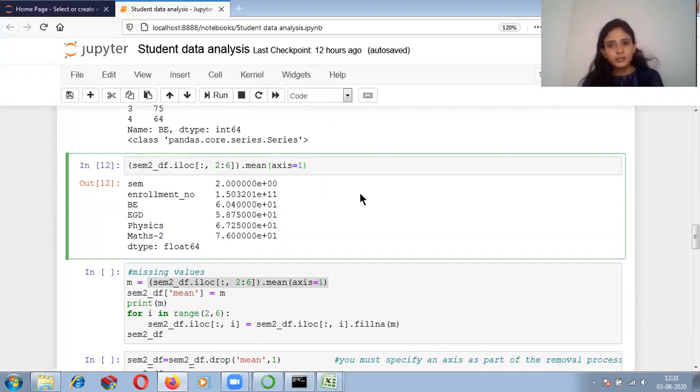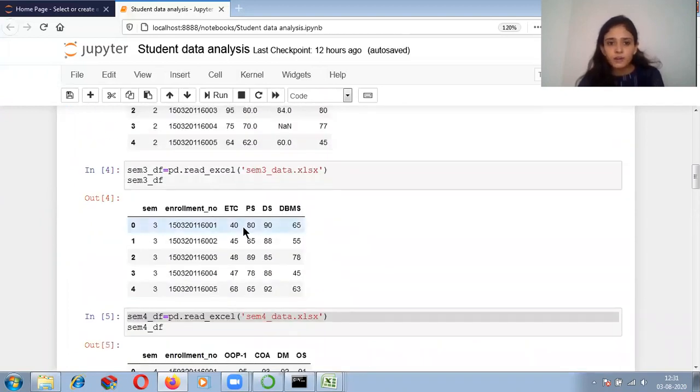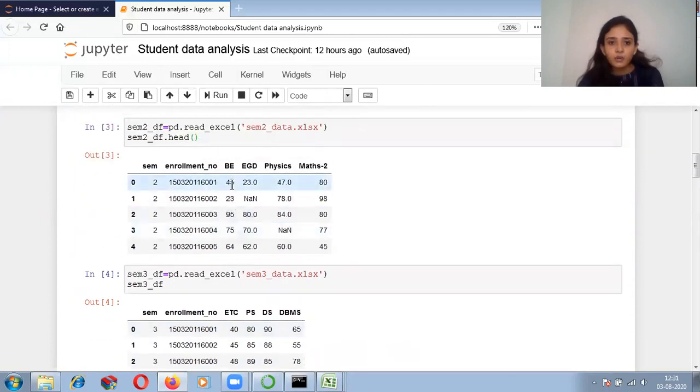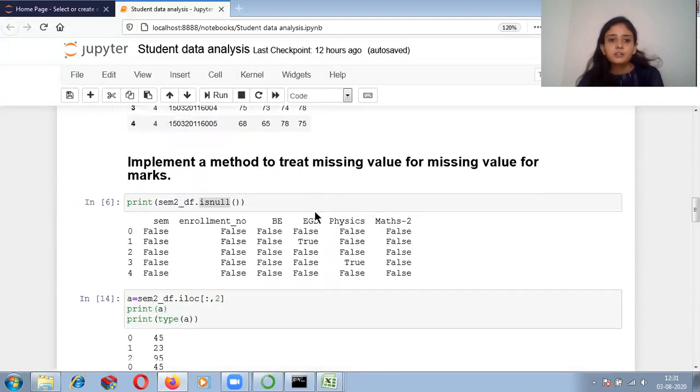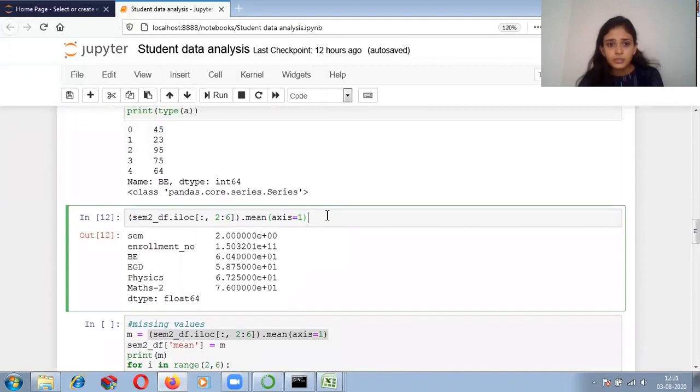But we don't want the mean column wise. So if you perform the mean column wise, then what will happen? It will do the sum like this, that is my 45 plus 23 plus 95 plus 75 plus 64. So whatever the mean is, that will be calculated. But I want the mean row wise. So like this, you can perform the mean row wise.